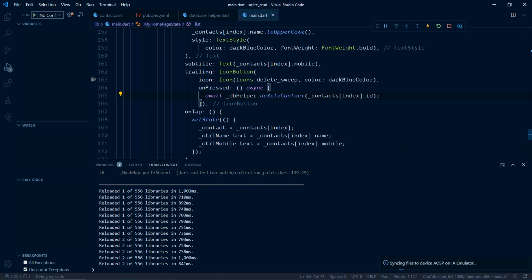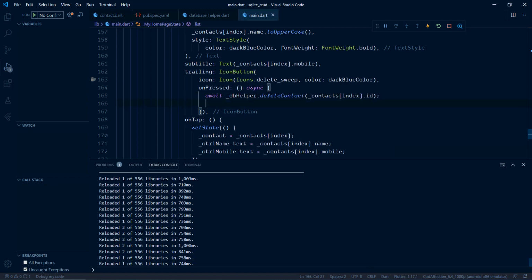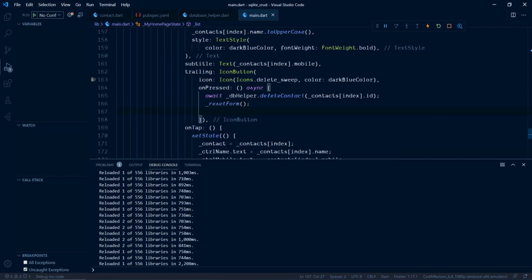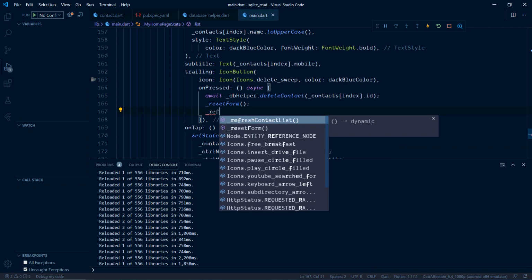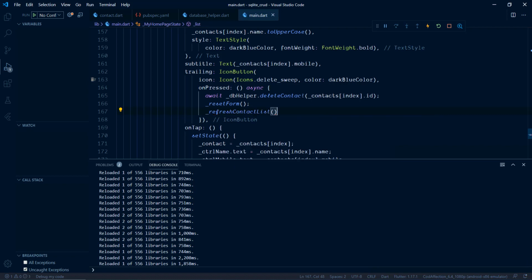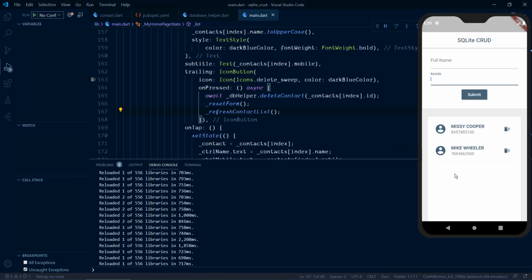So after the delete operation, let's reset the form and then reset the list of records by calling this function refresh contact list. Let's try to delete this record. Boom, that's it. If you want to see the original SQLite DB for this application here, for the contact DB,